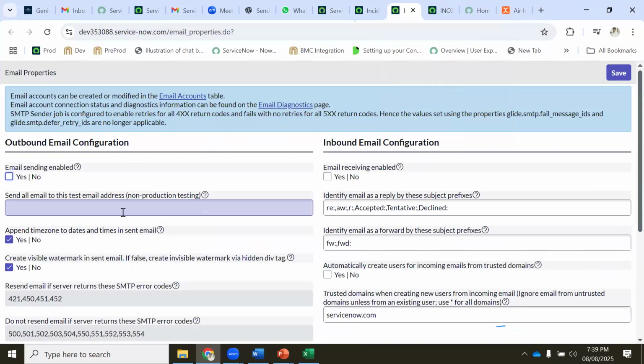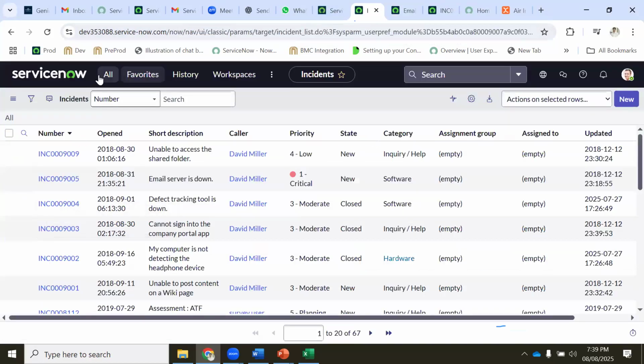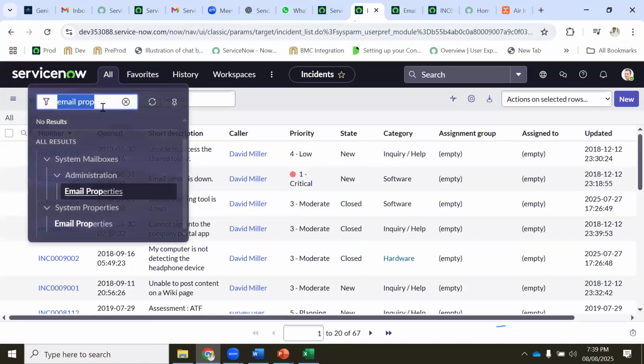Under email properties, email sending is not enabled, because by default the system will not enable email sending for ticket created, ticket updated, all those things. You need to get updates, correct? This is a development-related topic which I'm discussing, guys. Please be careful. Type email properties.